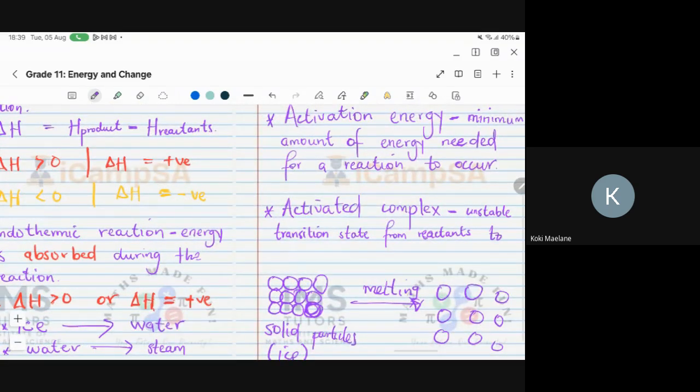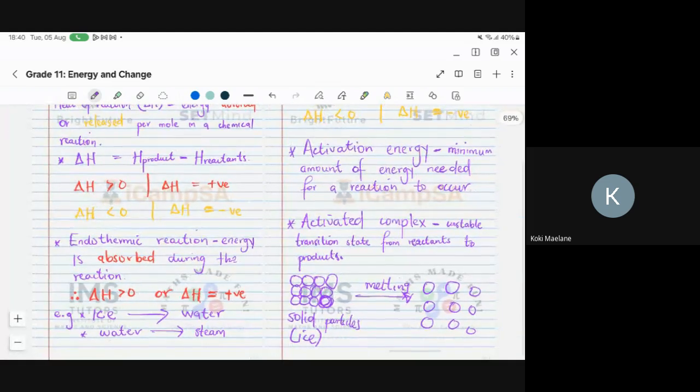Like I said, when we move from reactants and we are forming new products, typically what happens is bonds get broken so that new bonds can be created to form new products. So another example of this is